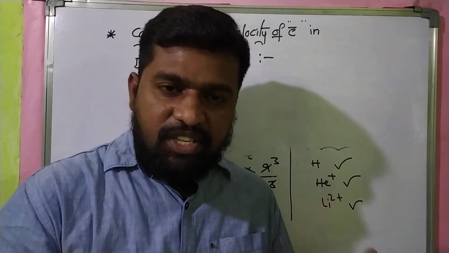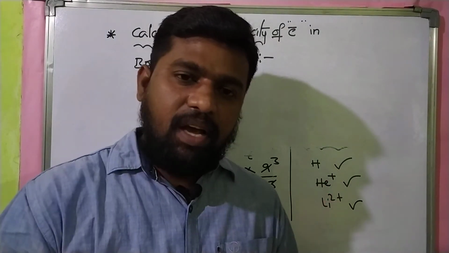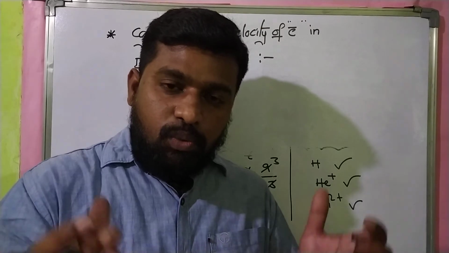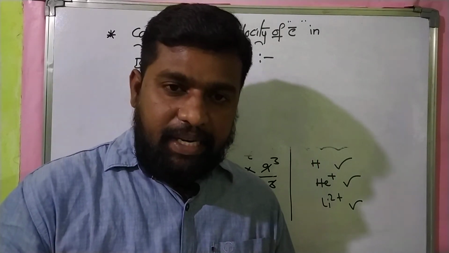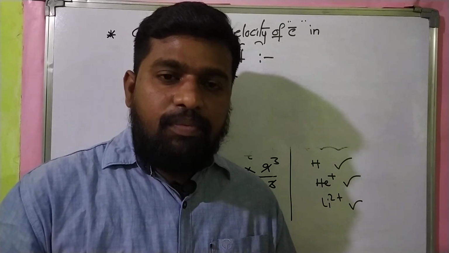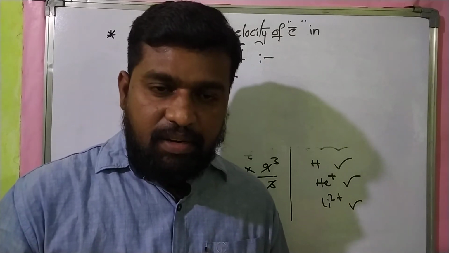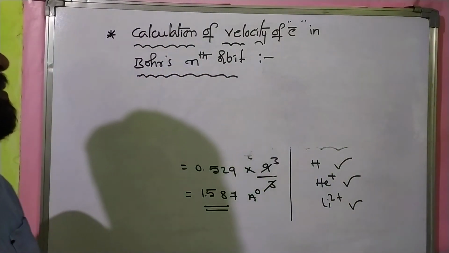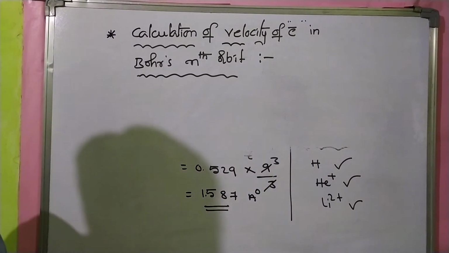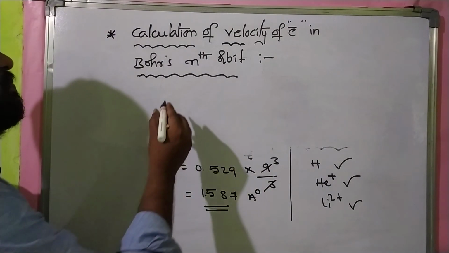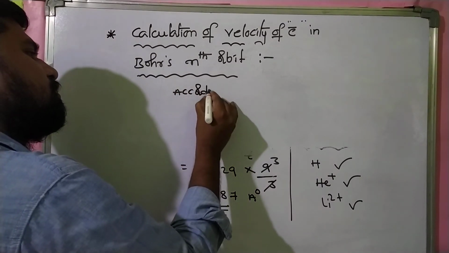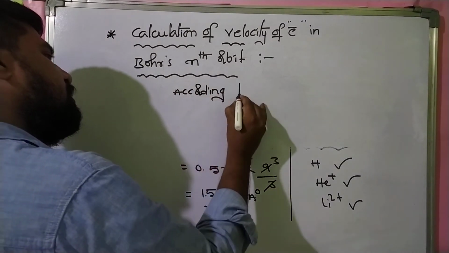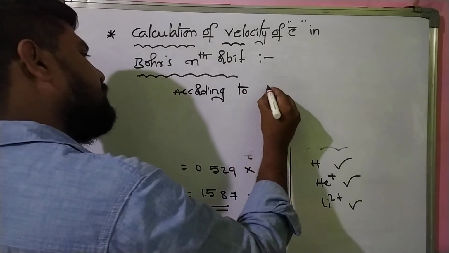So what is the velocity of electron in the first orbit of hydrogen atom? What is the velocity of electron in the second orbit of Li2+ ion? Like that, very easy. So listen. Now according to Bohr's model, according to Bohr's postulations,